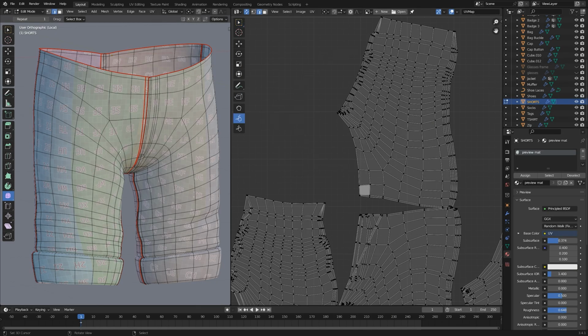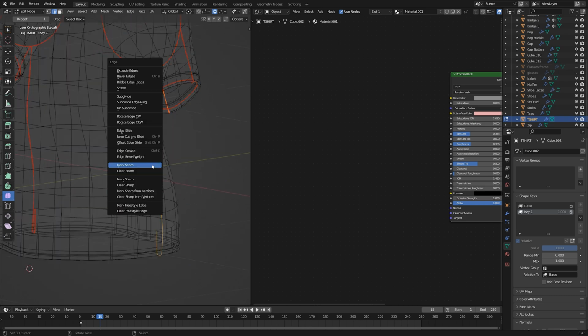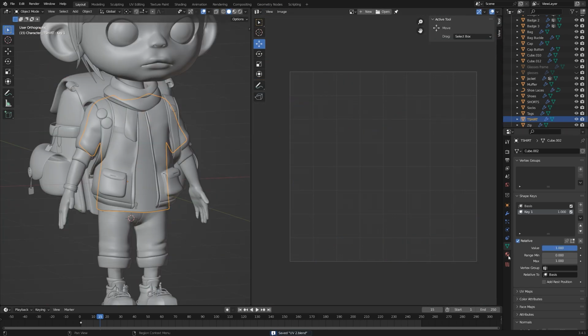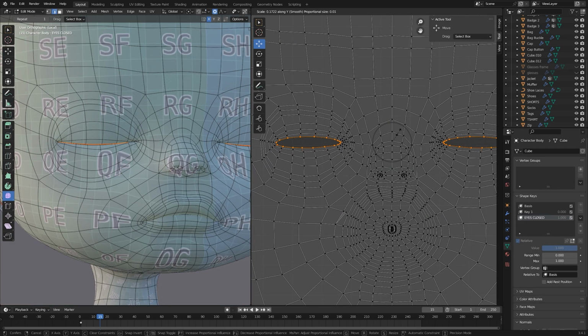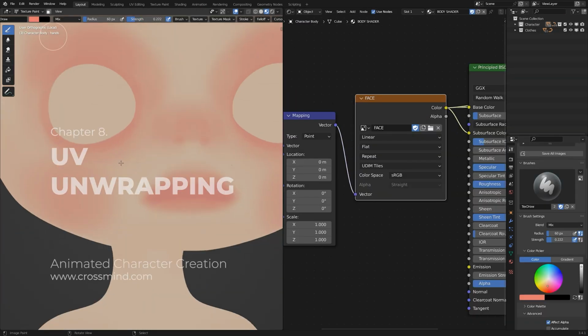In short, your model is going to resemble cloth templates that you might have seen in a tailor shop before it's all stitched up. The reason for this is that texture images are 2D and can't conform to 3D space. So we need to unfold the model in 2D space to use images as textures in the shader.